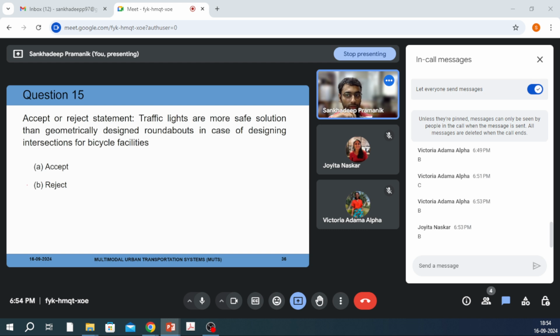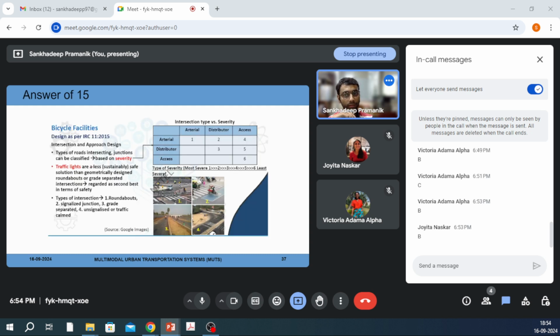Yes, the statement will be rejected because traffic lights are a less safe solution than geometrically designed roundabout or grade